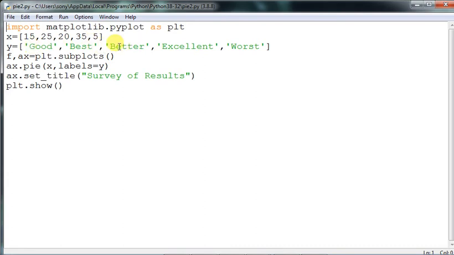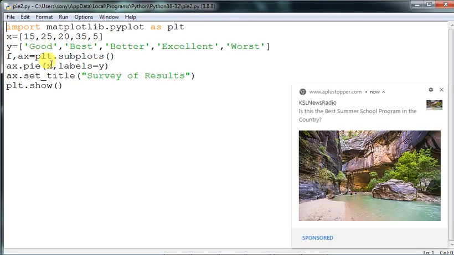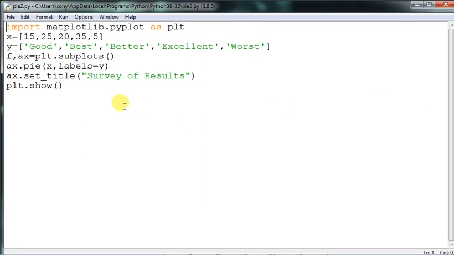Actually, don't think that this is the data series, even though it has been taken as a list. This is not a data series. The data series is this one, because the pie chart is formed with this one. You can see out here levels equals to y has been taken, but the data series is only x, and a similar command has also appeared out here.